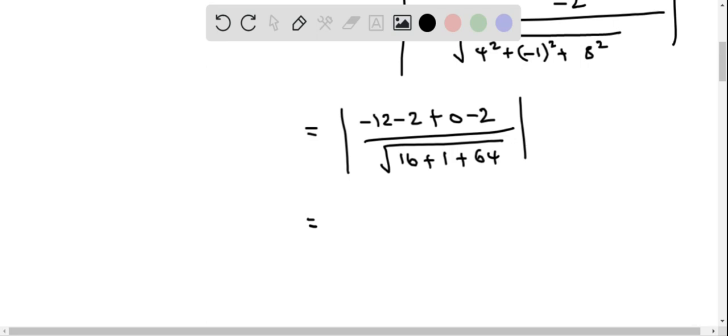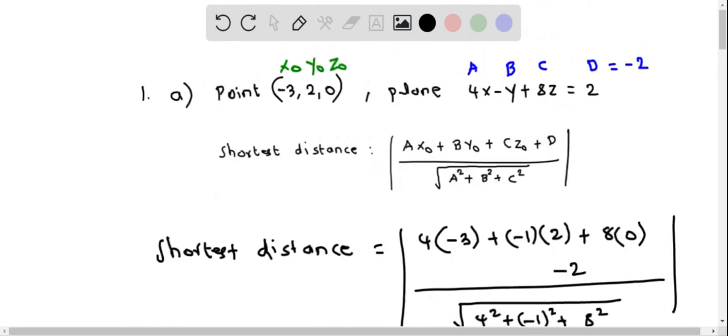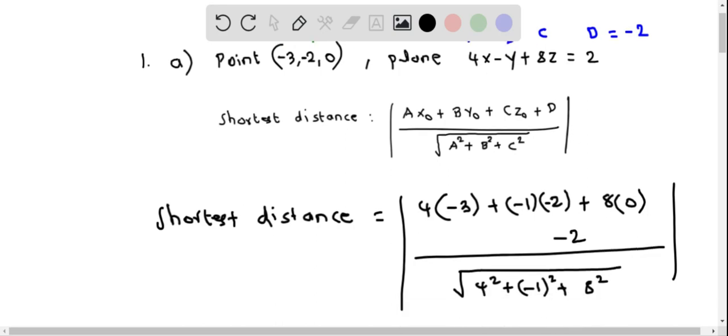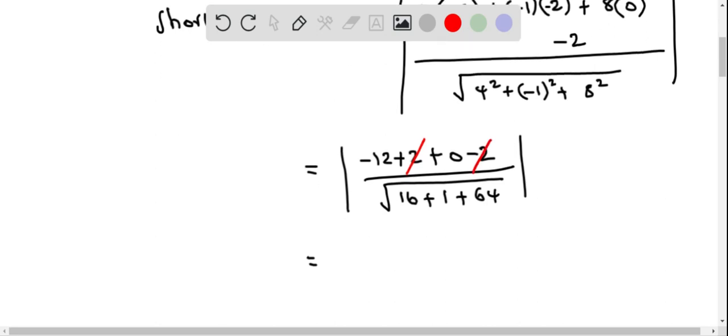Okay, it looks like this has to be positive 2, because b is -1, and basically this point is -2, so this will also be -2, and -1 times -2 will be positive 2. So you can see that this positive 2 and -2 get cancelled, and we have